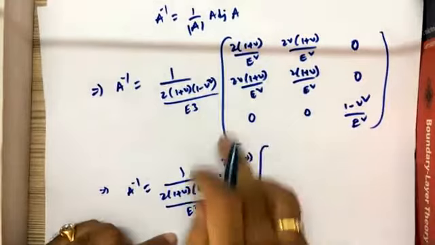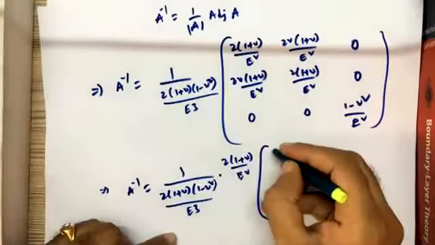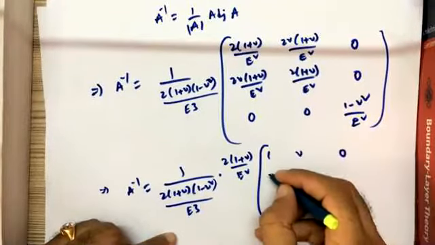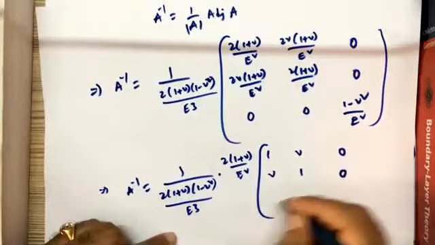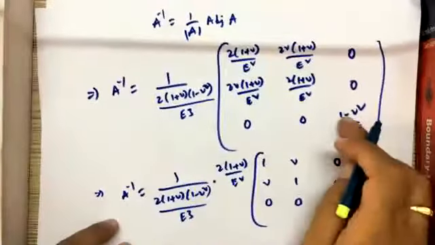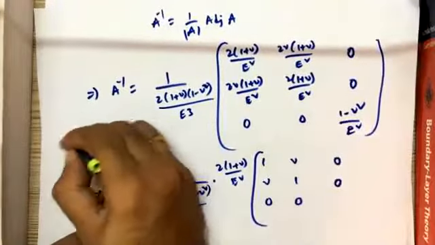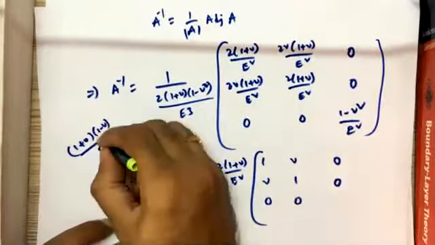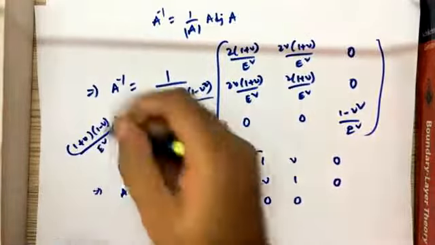If I take 2 into 1 plus nu by E square common, then what is remaining? 1, nu, 0; nu, 1, 0; 0, 0, 0. I can write this 1 minus nu square as 1 plus nu into 1 minus nu divided by E square. What I take and divide by